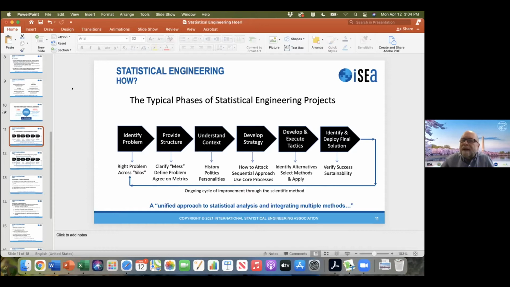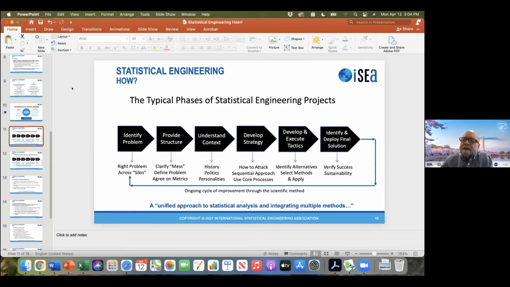You have to agree on metrics. And then you essentially have something you can actually solve. With simple problems, you can usually figure out the right tool for the right problem. But with these larger, more complex problems, you're going to have to dig into the context of the problem, understand where this came from, why it hasn't been solved yet, what's been tried before, are there politics involved, personality involved, what's the history? And these are some of the things that you don't typically read about in literature in science and engineering, but is critically important to solving real problems.